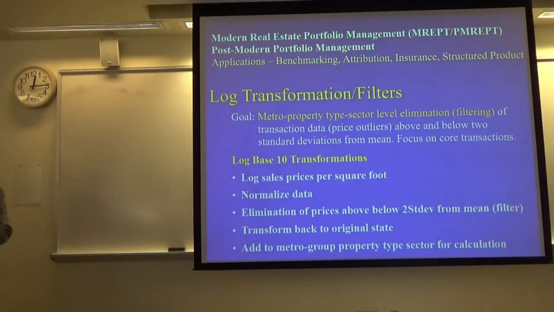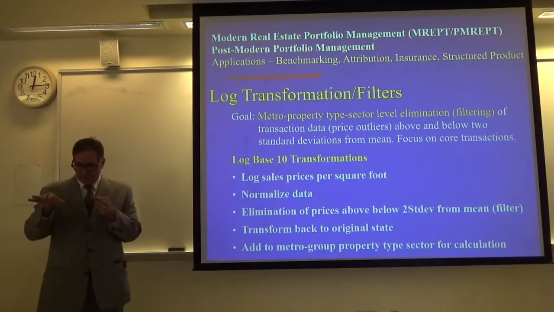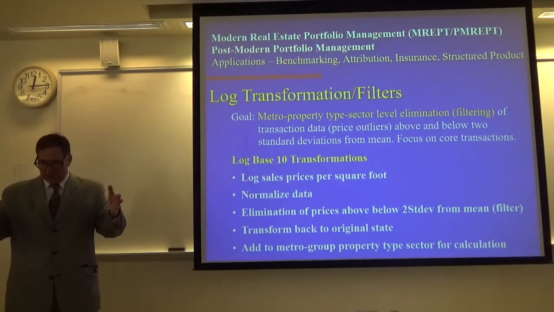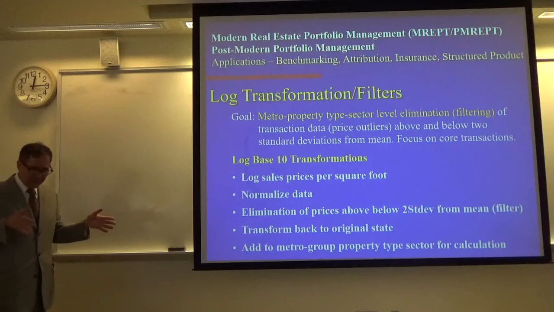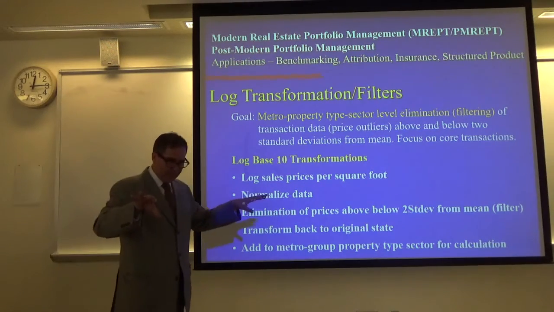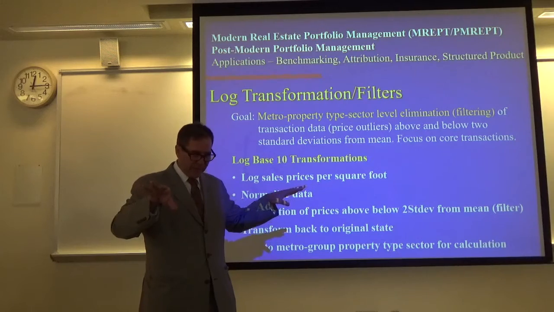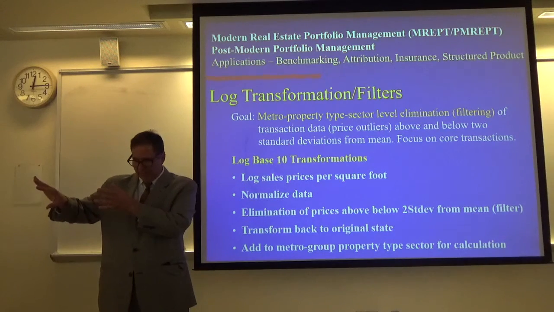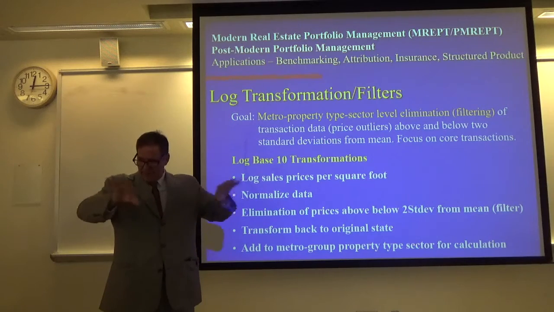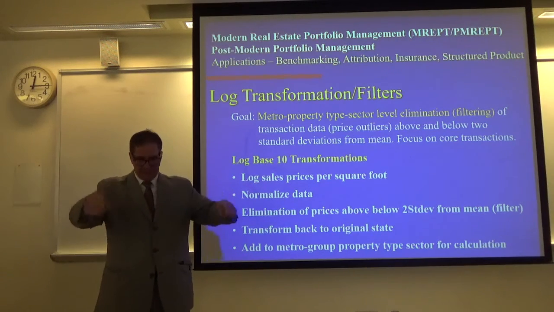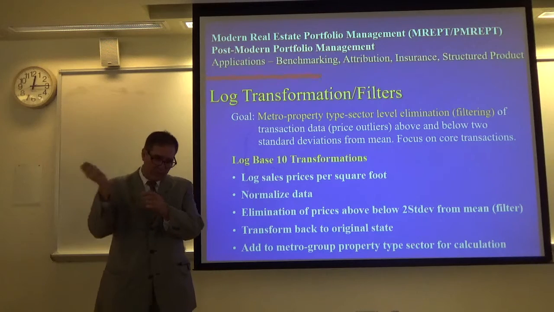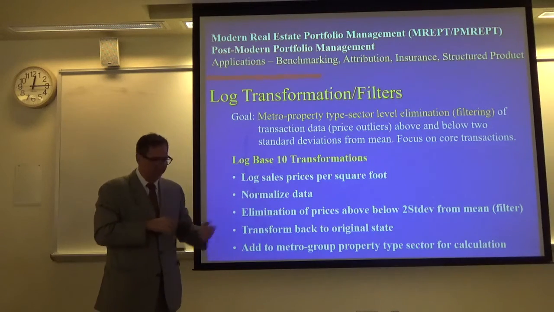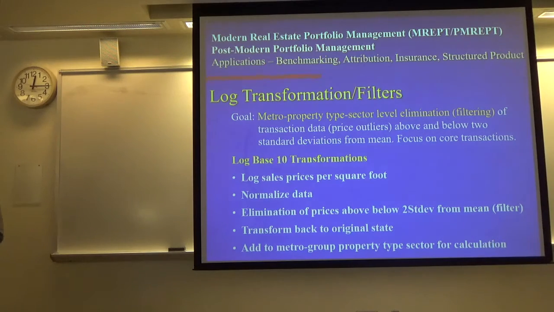What we did was we filtered the data. We logged all of the sales prices per square foot to get a normal distribution. I took, what was I using? 2 standard deviation filters. So then I threw out the data outside of the two standard deviations. And then actually we had a data verification arm too, where the data that was thrown out, if they were duplicates, we threw them out. And then we did some research on the data to see if some of those outliers were actual transactions, and if they were, we threw them back into the bucket. But we used the data filtering process to eliminate the outliers.